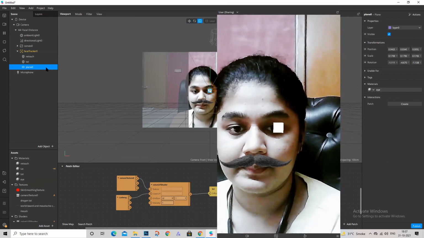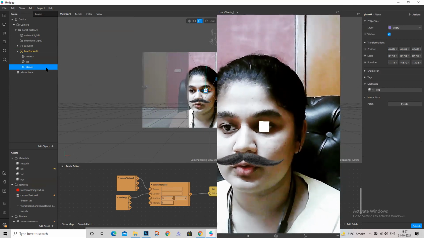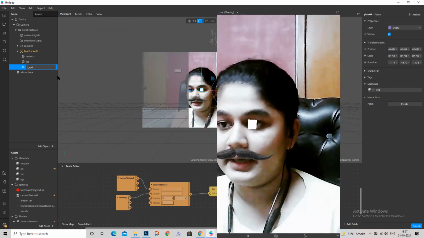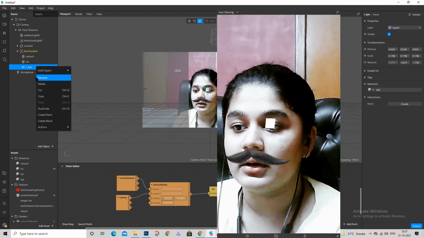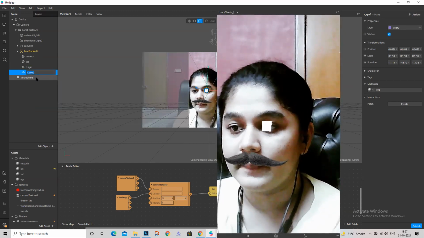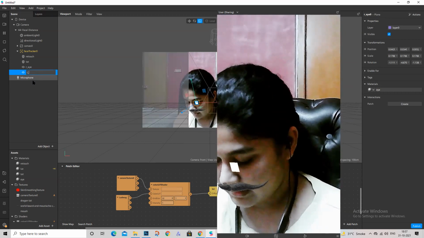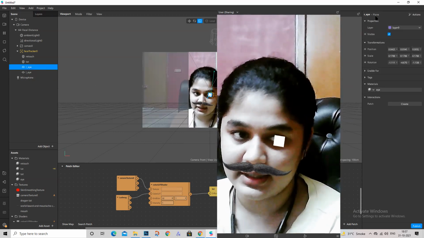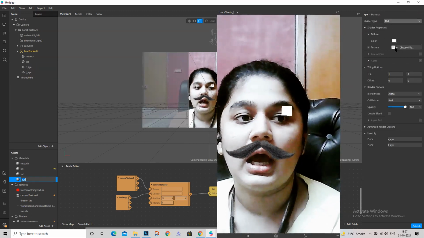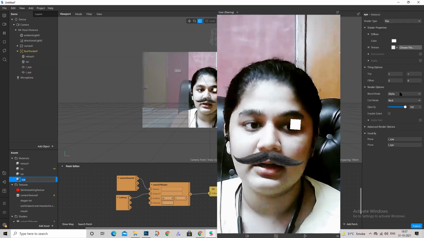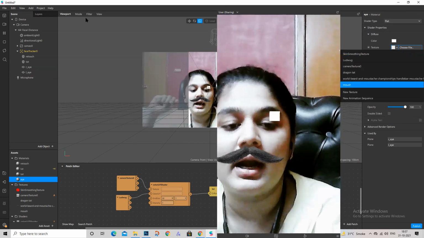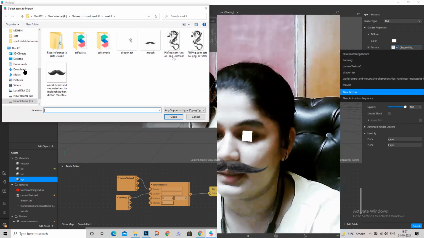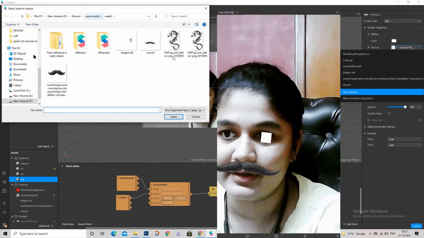Okay, so this is, for example, the right eye. Similarly, we'll make a plane for the left eye, and both of them will have the same texture, that is the eye lens material, which is flat. Now I'm going to go to the texture and select a new texture. You can make the texture in Photoshop if you have it already, or you can get it from